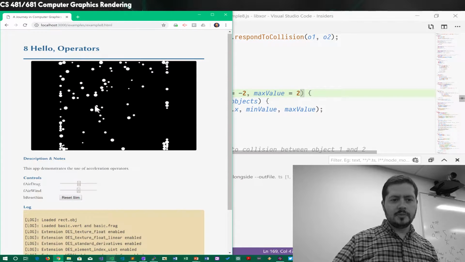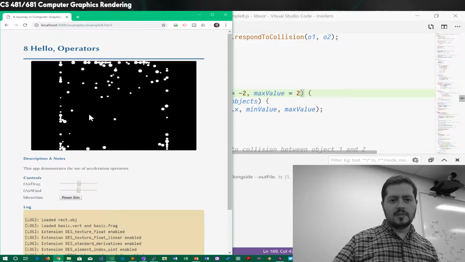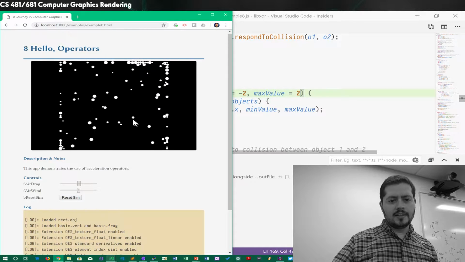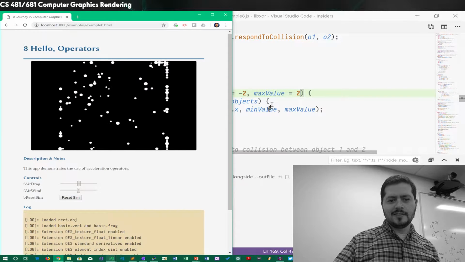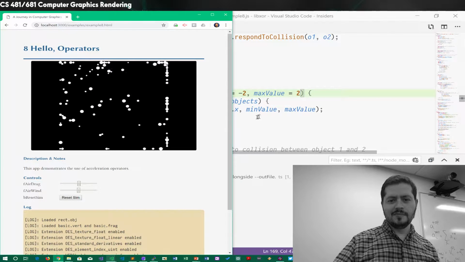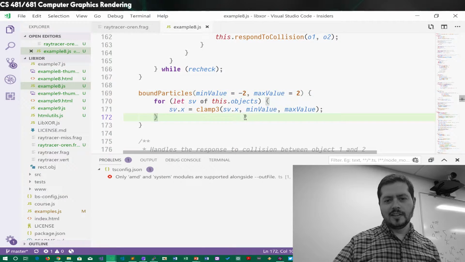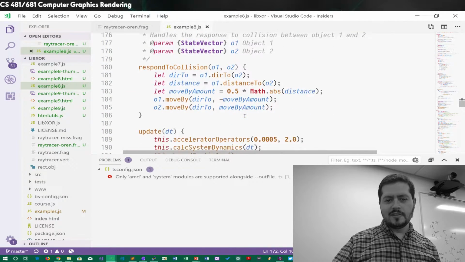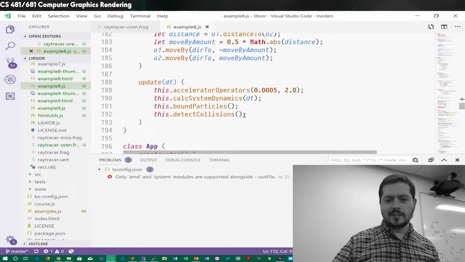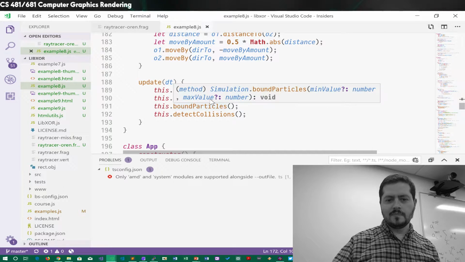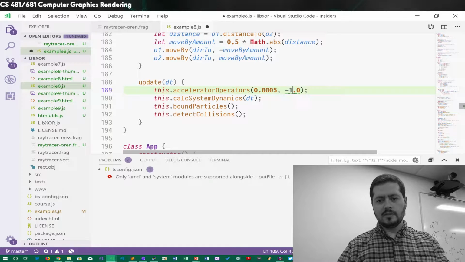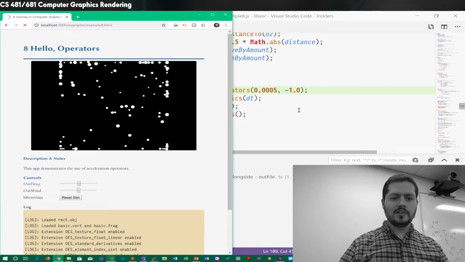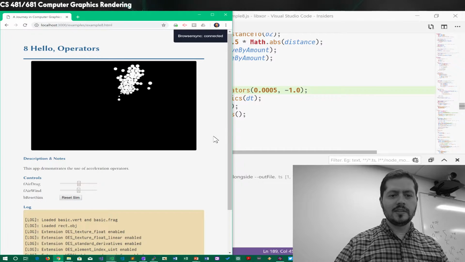Okay, so now let's see what happens. This is getting exciting. For some reason, it feels like it's a fluid of some kind. All right, like soap bubbles. Yeah, this is fun. Okay, so now I'm wondering about the accelerator operators. Let's try -1, because I'm curious if they do start acting like